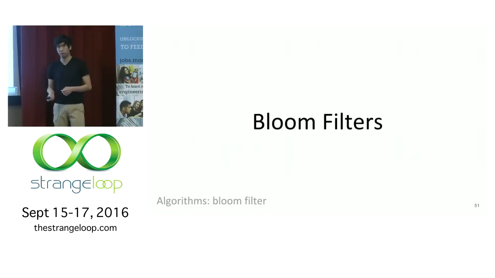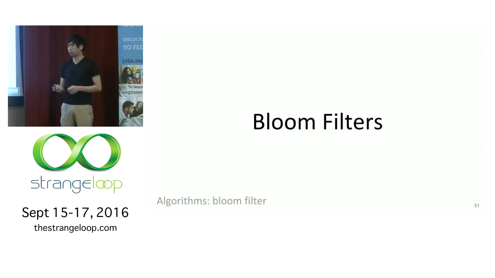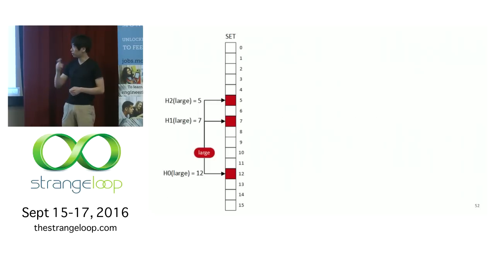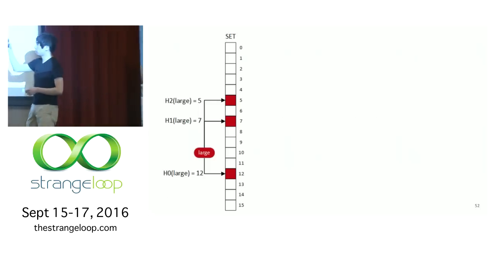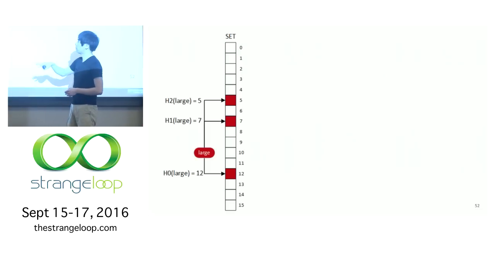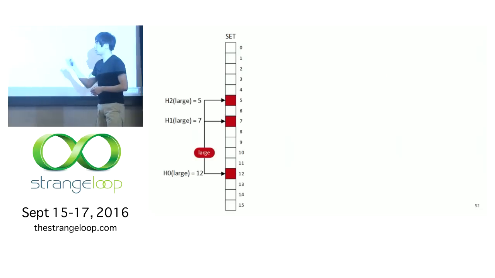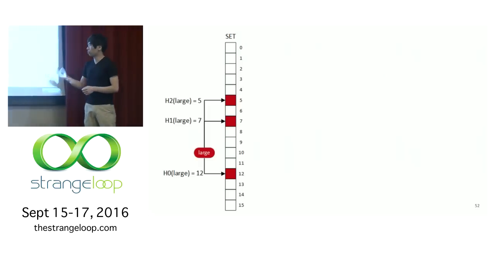You can think of a Bloom filter, if you haven't heard of this before, as a set data structure. It represents a set using a bit vector and a set of hash functions. So here we have the term large. All the bits in here that are red are large. And in this diagram, everything that is white is a 0. Everything that is any color is a 1. And different colors represent different terms.